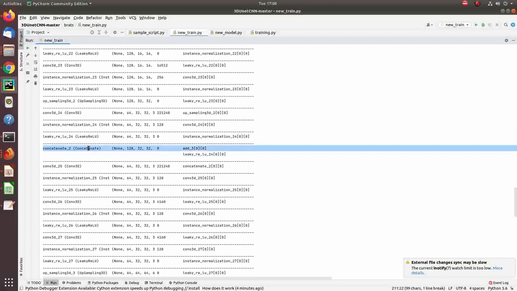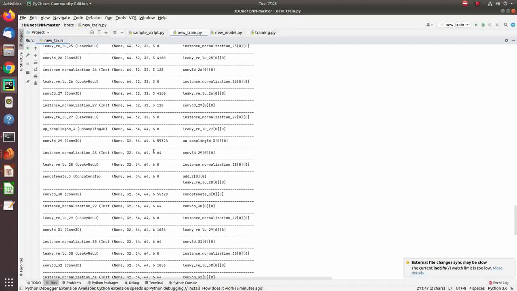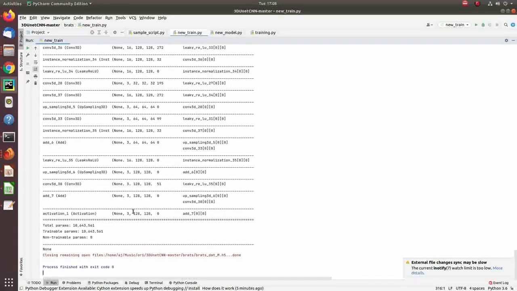Concatenation will be here. Basically, skipping layer. UNet works as a skipping at every point when it upsamples, it basically replicates the encoder, mimics the encoder functionality, also the decoder functionality. So it upsamples here, then it becomes 32, and the final layer will consist